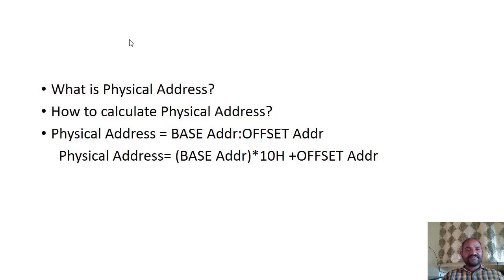What is the physical address? Physical address means the address which is generated by the 8086 microprocessor to access a particular memory location. What is its size? The address generated by the 8086 microprocessor is a 20-bit size. But the 20-bit memory, that is the 1 MB memory, is logically divided into segment format. In order to access that, how exactly is the 20-bit address going to be generated?